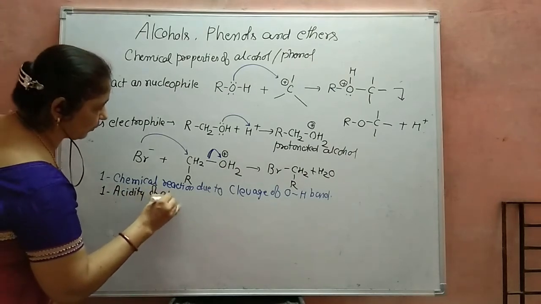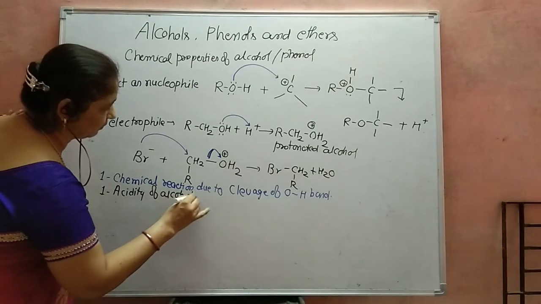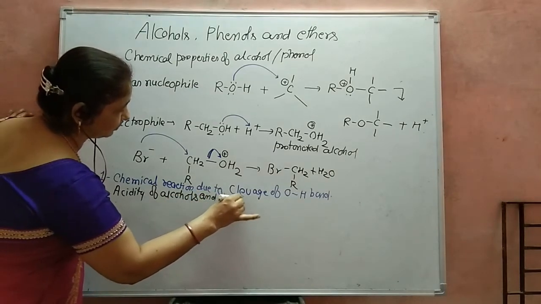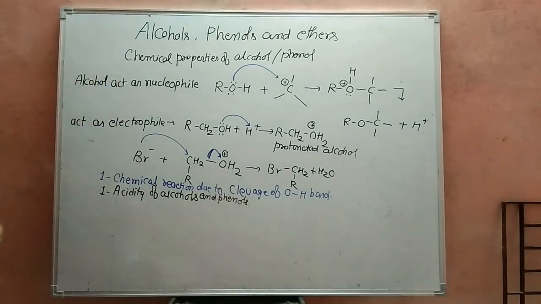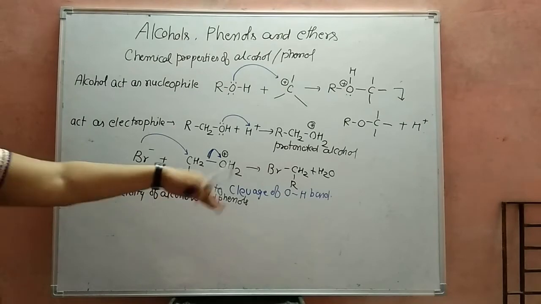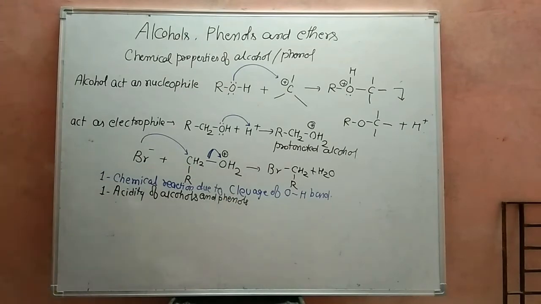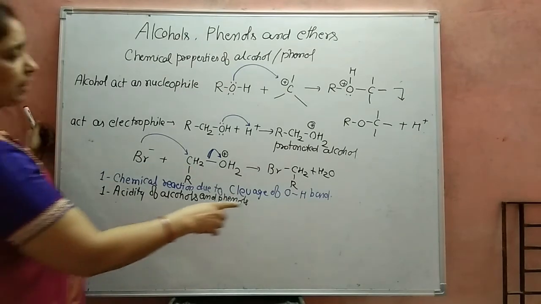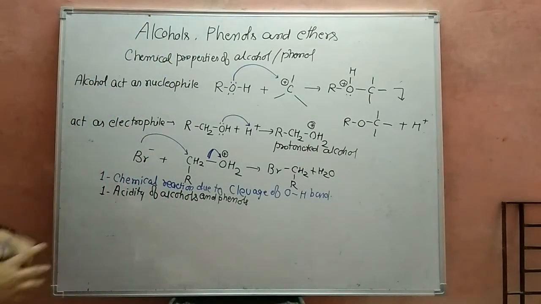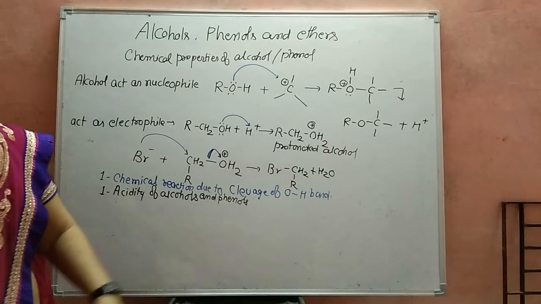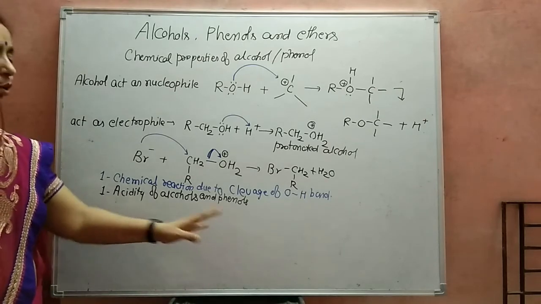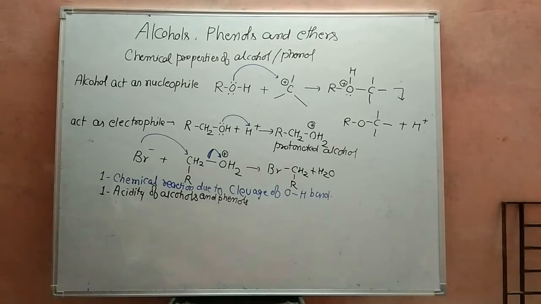यहाँ पर हम alcohols और phenols की acidity को दोनों को एक साथ डिस्कस कर रहे हैं. We know that the acidity property means H positive donation. और you know that H positive जो donate करता है that is acid. And we know that an acid reacts with a metal to liberate hydrogen gas. Acid reacts with base to form salt and water. So same is